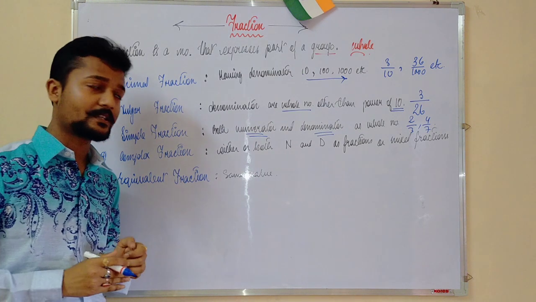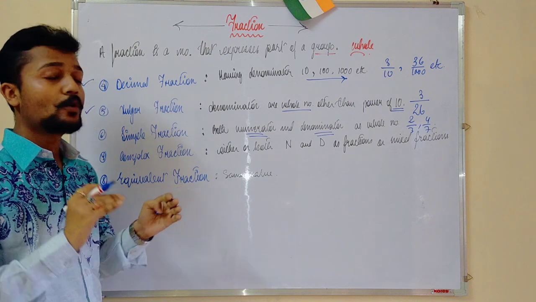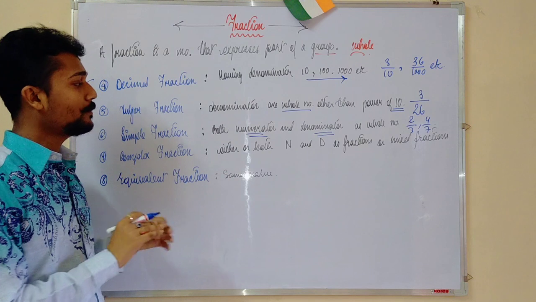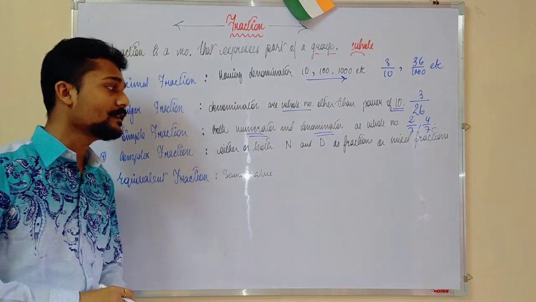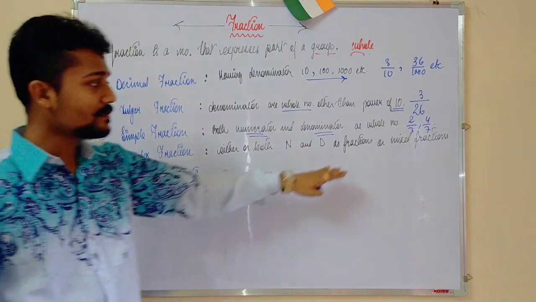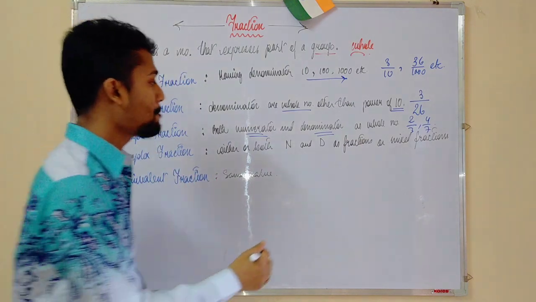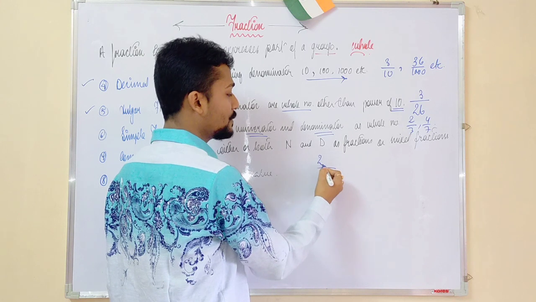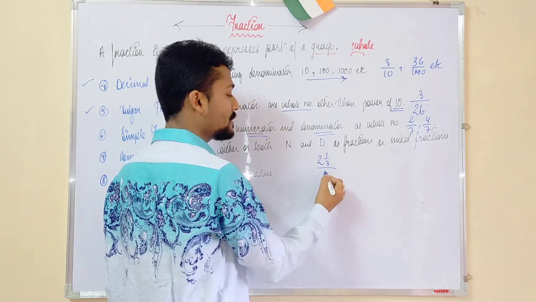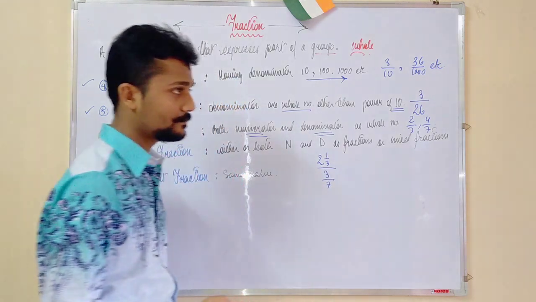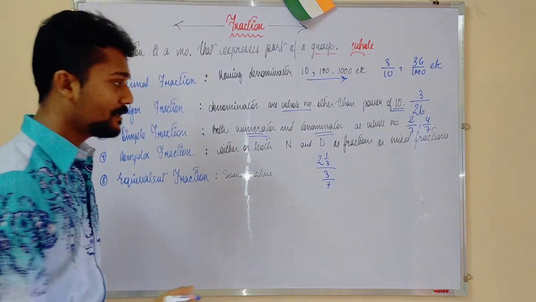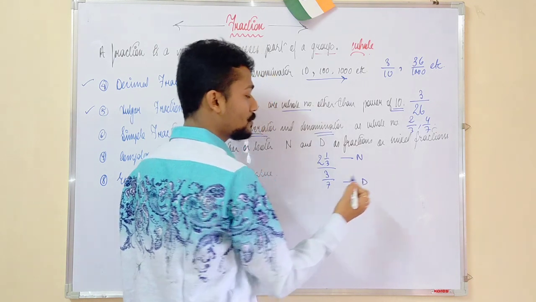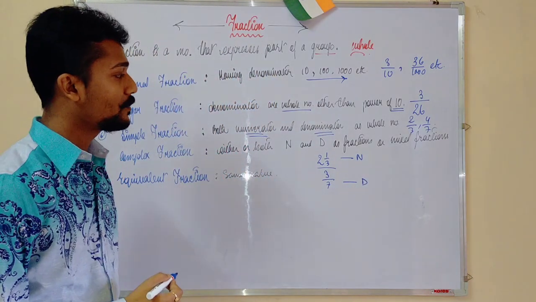Okay, now complex fraction. In a complex fraction, if either or both the numerator and denominator are expressed as fractions or mixed fractions. That means what? Say for example, here this is a fraction. The numerator part is written as 2 1 by 3 and the denominator part is written as 3 by 7. Can you see the arrangement? Here the numerator is a mixed fraction and the denominator is also a fraction. Now this type of fraction is known as